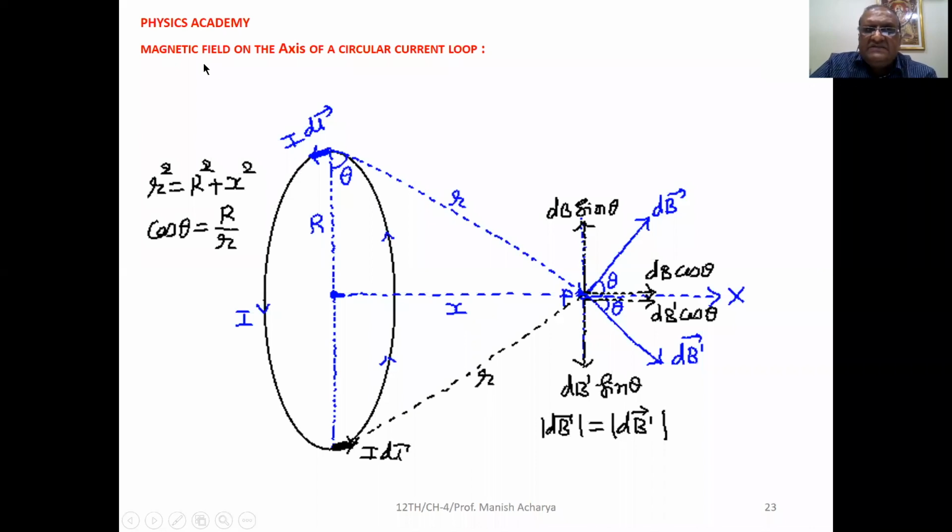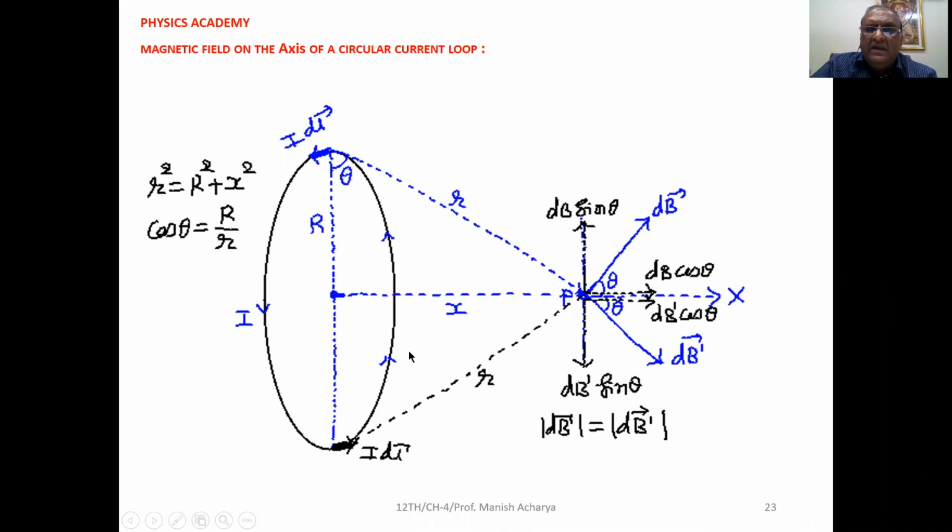Now next topic, that is magnetic field on the axis of a circular current loop. Suppose as shown in the figure, we have a circular current loop having radius equal to r, which is carrying current I as shown in the figure. Now this loop, or we can say the ring, is placed in the vertical plane in such a way that the axis of the ring